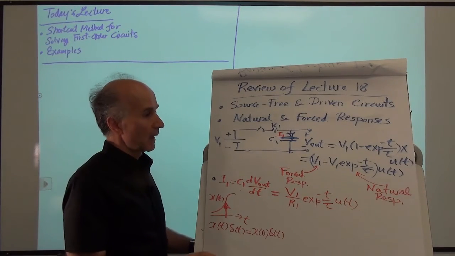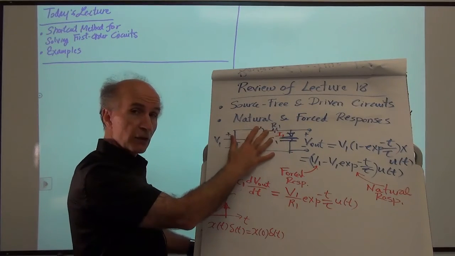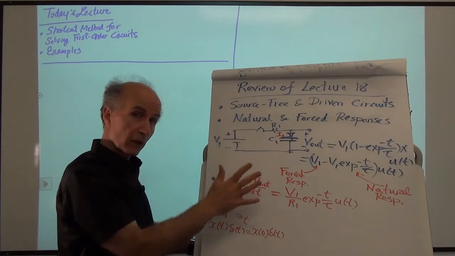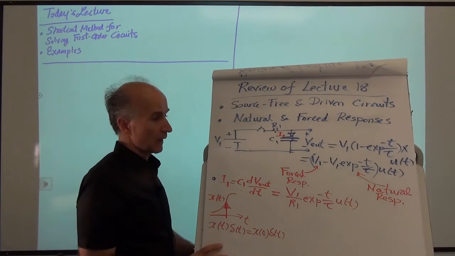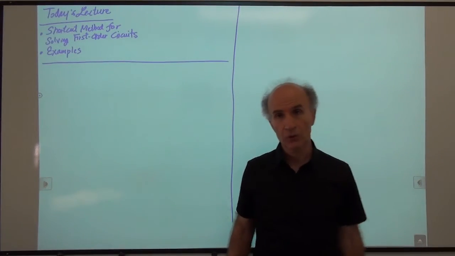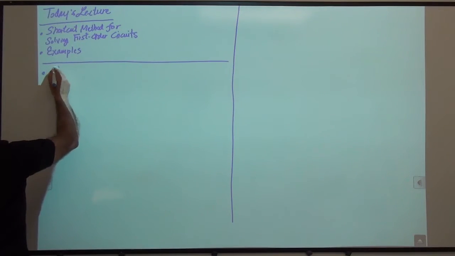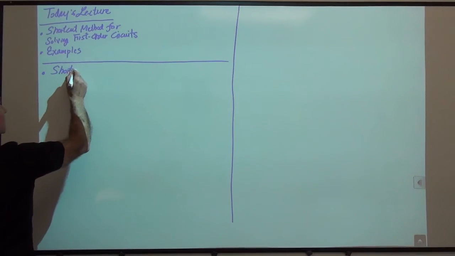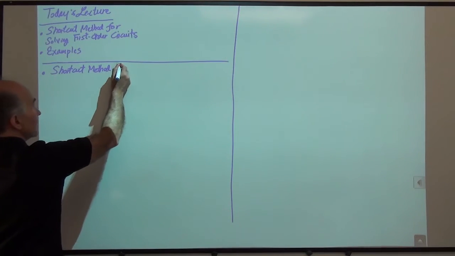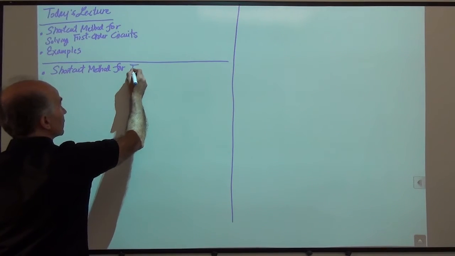Okay, so we talked about the order of the system, and we said the order of the system is given by the differential equation governing the circuit. In this case, the differential equation was of first order. So let me write that differential equation again for the circuit, and then we'll see how the shortcut method comes about. So we'll talk about the shortcut method. And this is only for first order systems. Unfortunately, we cannot extend it to other higher orders. So for first